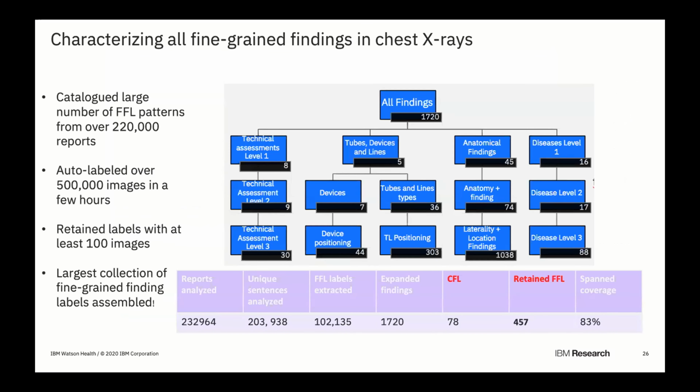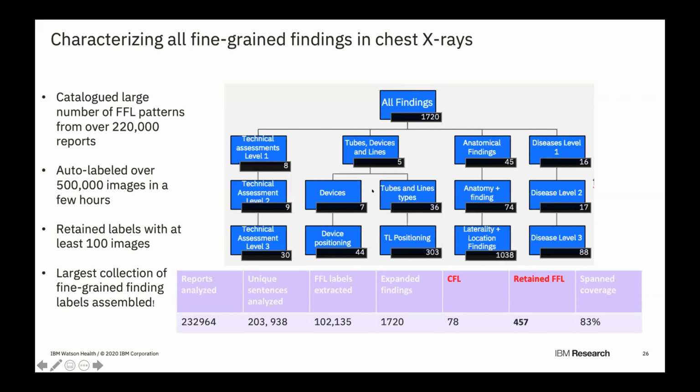So with that, we now had to go to the next step of answering the original question we came with, which is how many fine-grained findings are there? Well, the lexicon gave us the core findings of 200 or so odd. If we were to now catalog the full spectrum of fine-grained findings for a machine to develop, you can see that there are many. In fact, once you use this pattern extraction methodology for about 200,000 reports, we found about 100,000 of these labels. But if you could assemble and group them a little bit further with respect to the resolution at which you want to describe, you would still get about 1,700 or so findings.